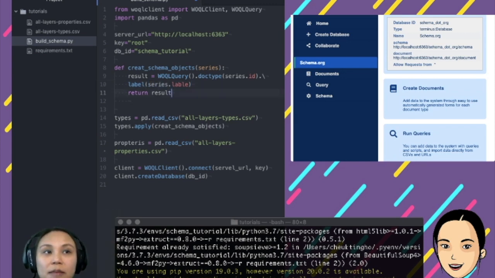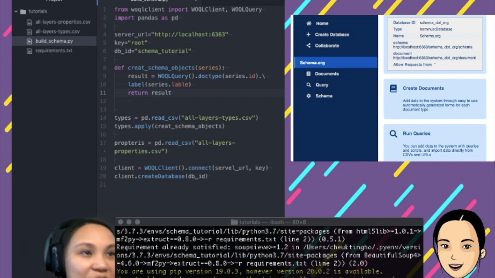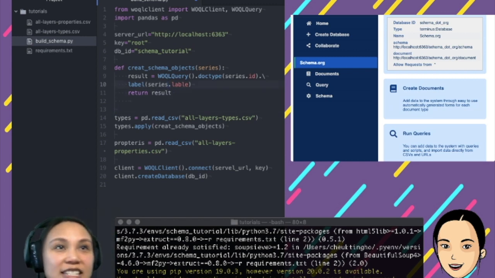Oh, there's a typo. Yes, series.label. Good spot, thank you. That's the fun of live coding, you can help me debug.